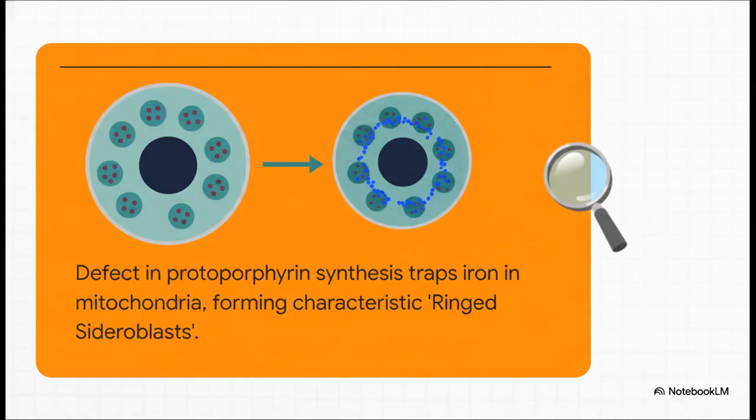Now this one is super interesting. Sideroblastic anemia is the classic iron-loading microcytic anemia. Here, the cell has plenty of iron, but it can't use it because of that defect in protoporphyrin synthesis. So the iron gets delivered to the cell's mitochondria, but it just gets stuck there, piling up around the nucleus. When we do a bone marrow biopsy and use a special iron stain, we see these beautiful but pathological ringed